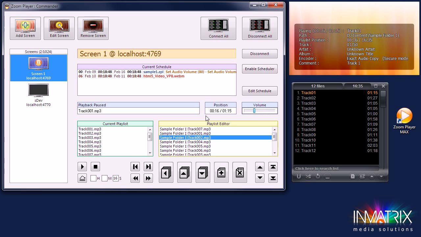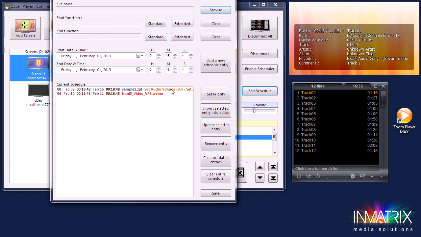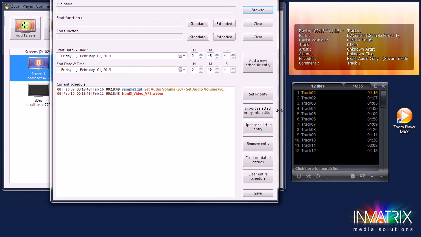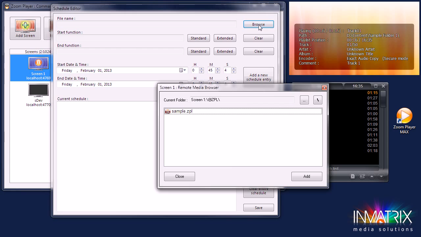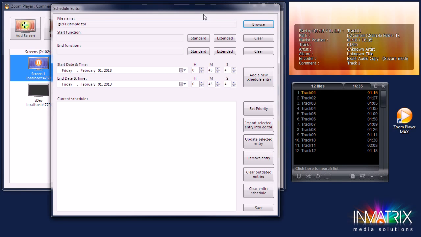But one of the more powerful features is the scheduler. So by clicking edit schedule, you can see the current schedule. I'll just clear it and create it from scratch. So for example, I first browse for a schedule file. It can be either a playlist or a media file. So in this example, I will add a playlist, and you can then assign custom Zoom Player functions for the start and the end of